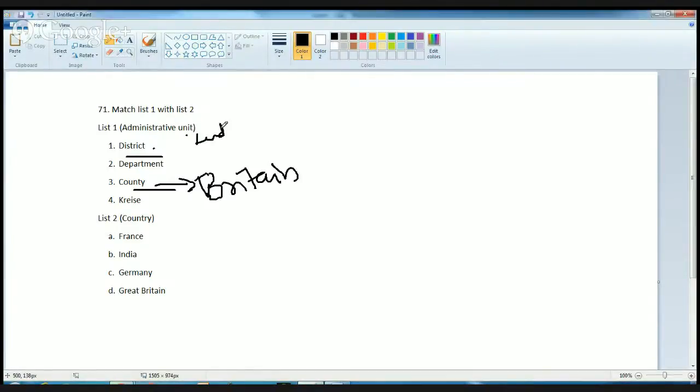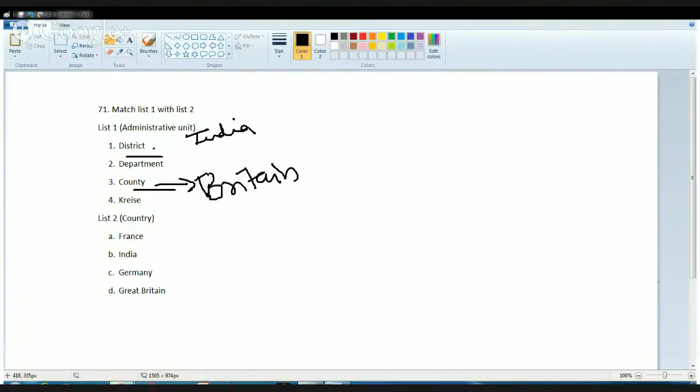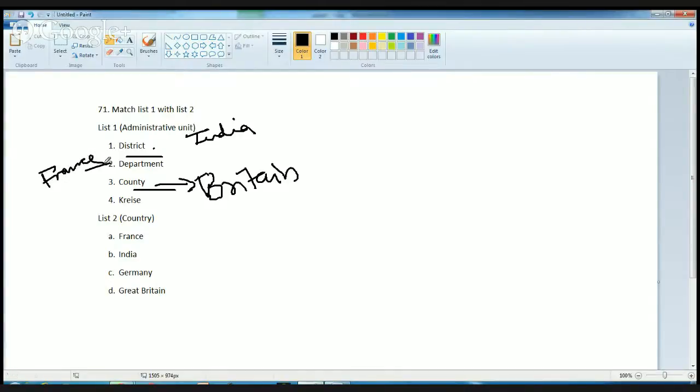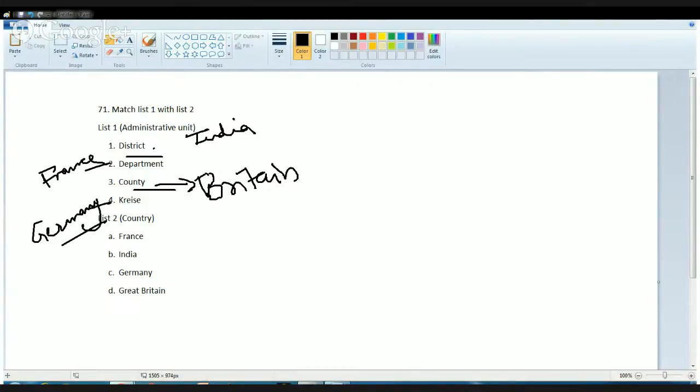Then the department is used in France. And finally Kreis is used in Germany. So these are the administrative units that are named in various countries. The next important question is